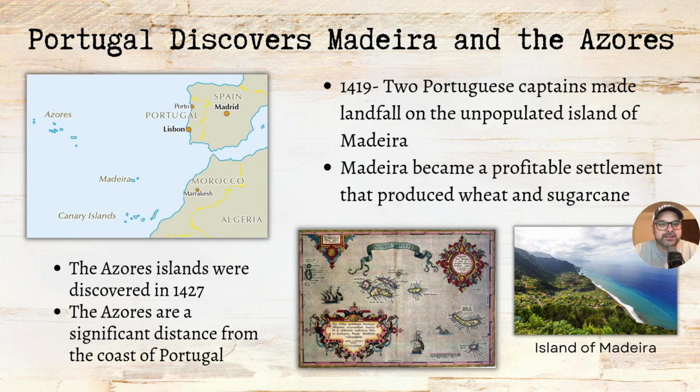And then these are the islands that we are talking about, right? The island of Madeira. The Madeira is an island that's located kind of directly west of Morocco. So, sailing for Prince Henry the Navigator, you have two Portuguese captains, João Gonçalves Zarco and then Tristan Vaz Teixeira, who make landfall on what was an uninhabited island, right? An island that nobody lived on. And it was the first unknown land that they claimed on their own, right? It's Portugal's first territorial discovery was this island of Madeira.